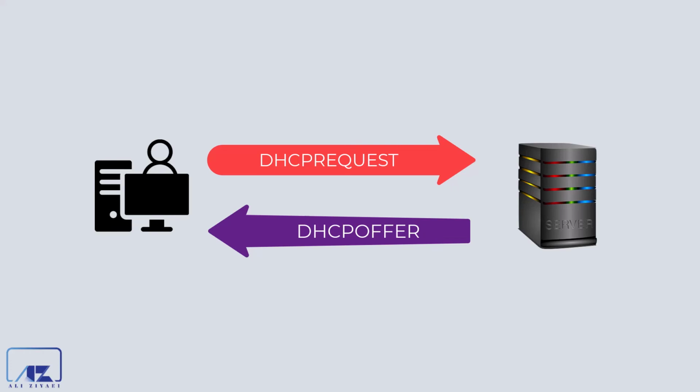In future videos, we will see that DHCP can also send options along with the IP as well. So if any of these options have been changed from the day that the client leased the IP address with the new request, the client will receive all those changes. Something that we can consider right now is that these packets are not being broadcasted. They are not being sent over to the entire network, because at this point of time, the client knows the IP address of the DHCP server who issued the IP address for the first time. For that reason, the client can use a unicast communication method and send the request directly to the DHCP server.